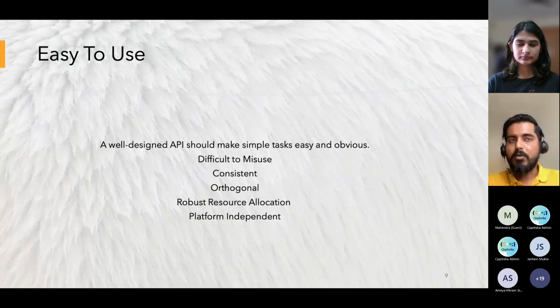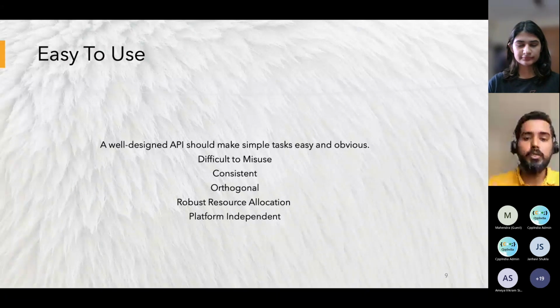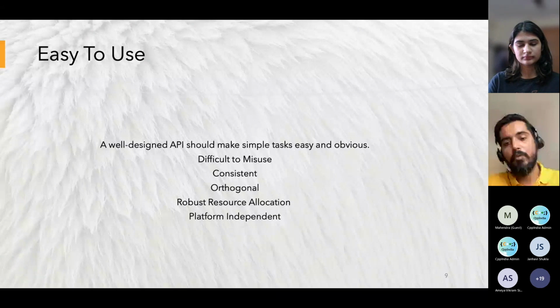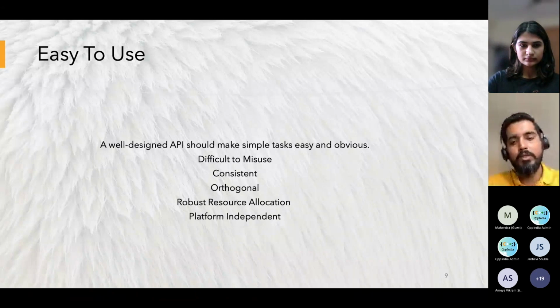Okay, and a good API should be consistent in design approach. Conventions, whatever you are using, should be easy to remember and easy to adopt. If you are using, let's say, camel case in your program, please use camel case everywhere. It's not like somewhere you are using snake case and somewhere you are using camel case naming structure, because that will create confusion. So keep consistency in your APIs, right?